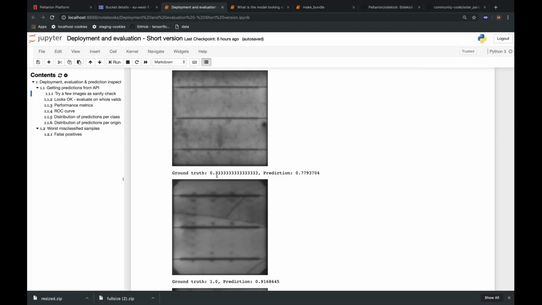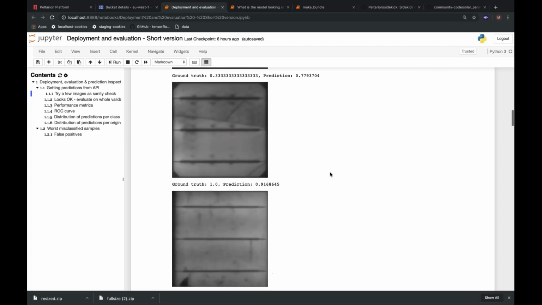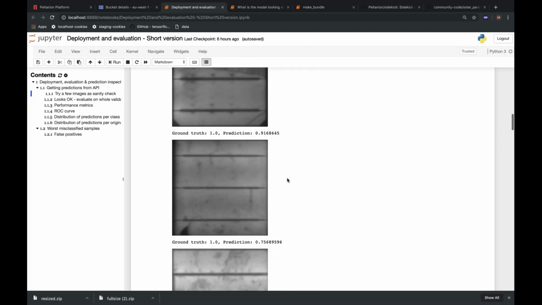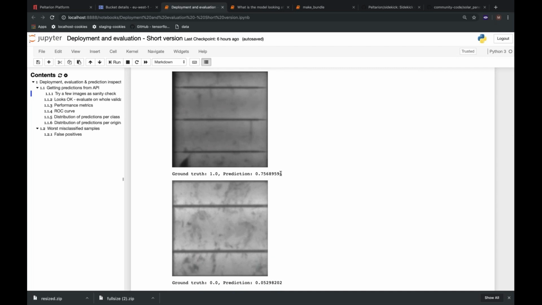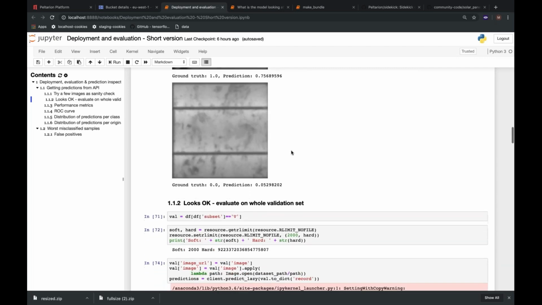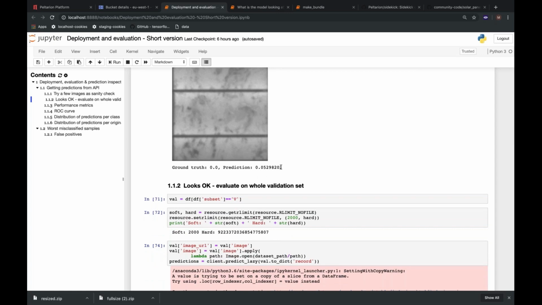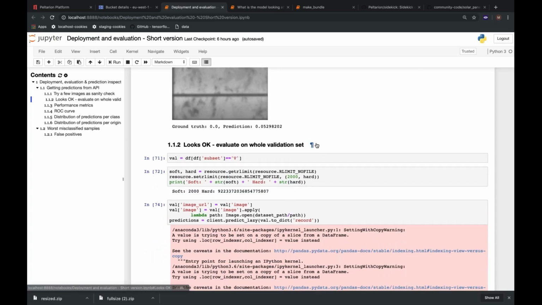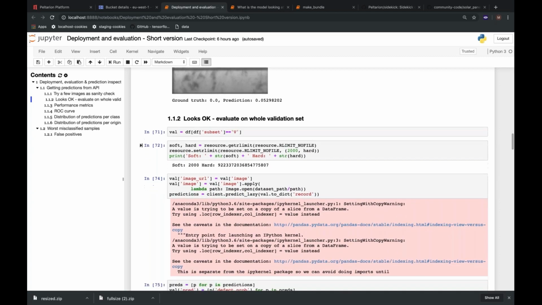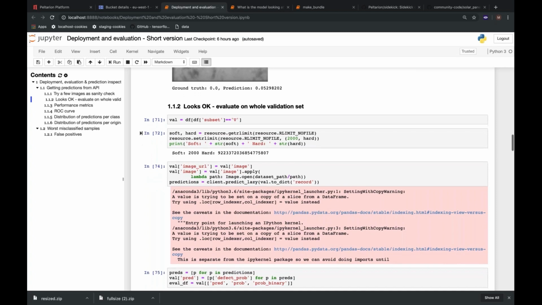Then we have another one where the ground truth is a third and the prediction is 0.78, so it's not agreeing with the human annotator there. Another one which is broken where the prediction is over 90%, so that's good. Another broken where the prediction is 0.76, so that's good. And one that's whole where the prediction is very low, so that's good. So that looks okay,